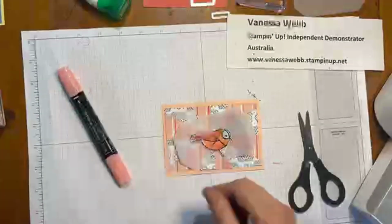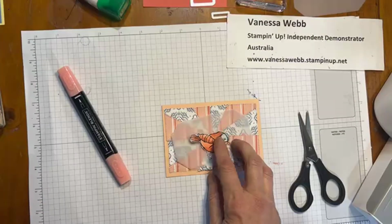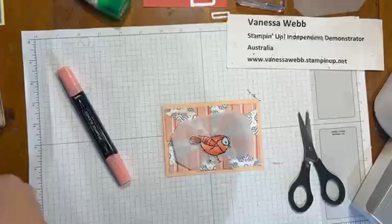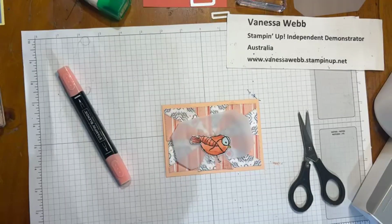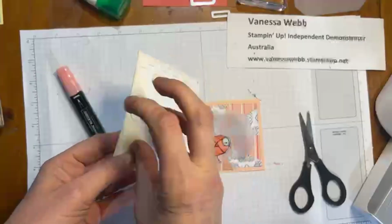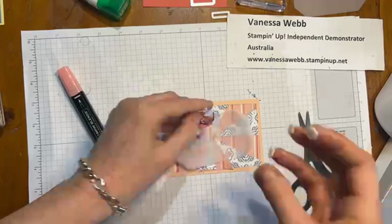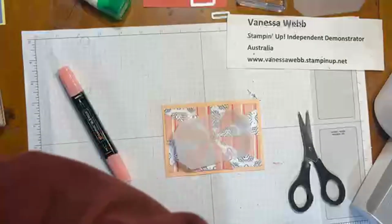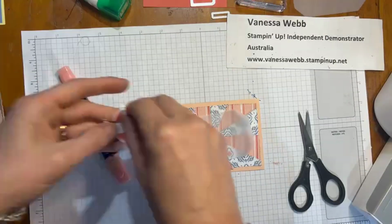All right. Now I'm going to stick him onto the vellum using my Stampin' Dimensionals. I'm going to grab a couple of the larger ones from here, about 4 of them, and this is going to stick the birdie onto the vellum. Probably 3 is enough actually. And I'll just peel off the backing